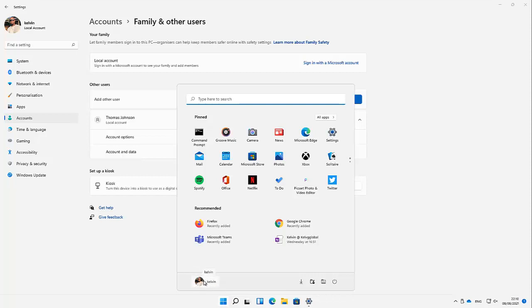And also, if I right click on this account, you can see we have different options. We have the option to change account settings, log out, and sign out. So here I can switch to Thomas Johnson. But if I click change account settings,